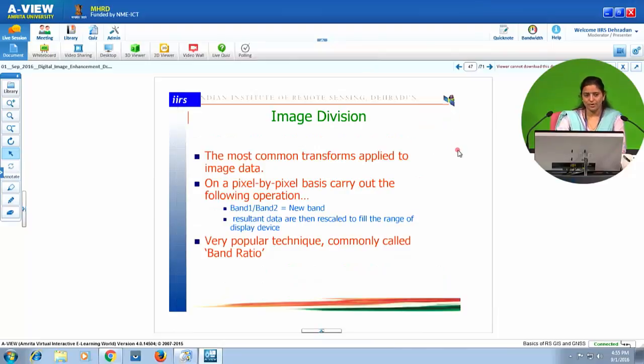The most common image transformation is image division, in which the operation is carried out on a pixel by pixel basis. New band will be equal to band 1 divided by band 2. The resultant data are then rescaled to fill the range of the display device. It is a very popular technique and is commonly called band ratios.